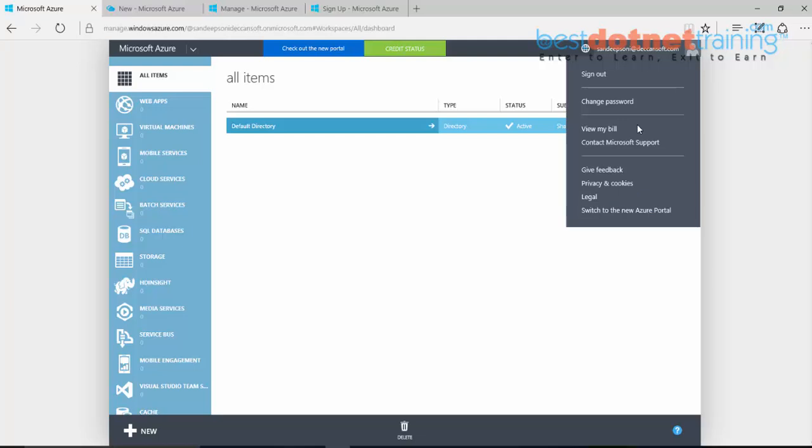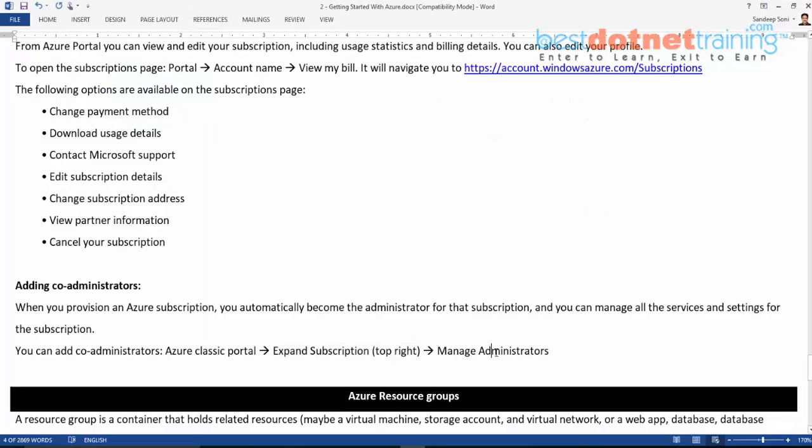not here, but you should actually find one. When you are logging in, you might find, generally that is needed when you are having a pay as you go model. So right now we don't see that feature, that option of manage administrator, maybe because I'm using the